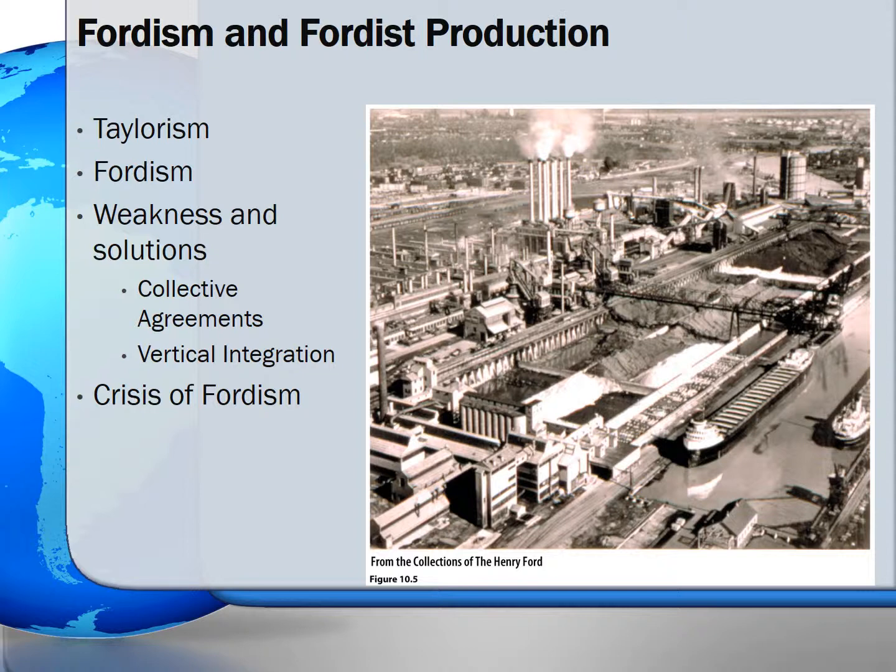There are two reasons for the crisis of Fordism. One, there was an energy crisis in the 1970s that increased manufacturing and transportation costs. And two, improvements in computers and electronics began to transform industrial practices. These two factors showed that Fordism is a highly inflexible system of production and does not easily or rapidly adjust to changing economic or market conditions.